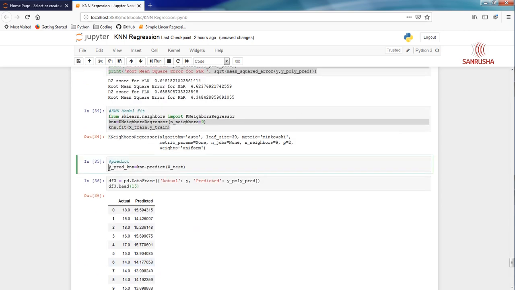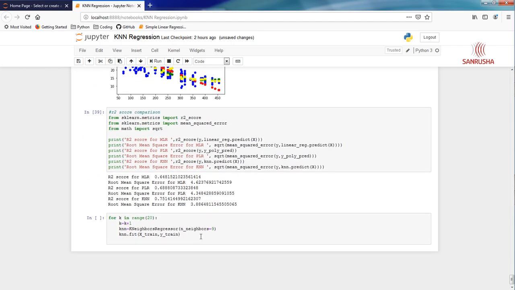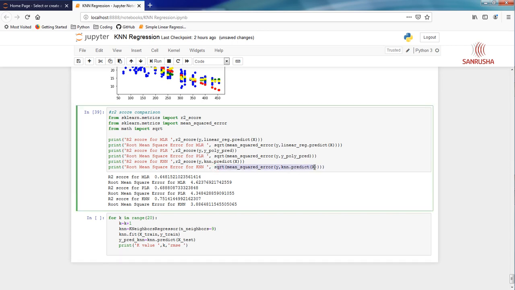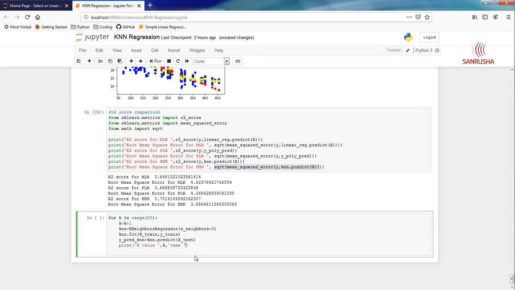And then y pred, and let's print the k value, which is this here, k, and then RMSE, and RMSE is right there. Very good. Let's run this.